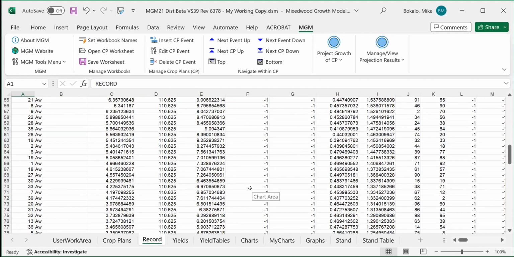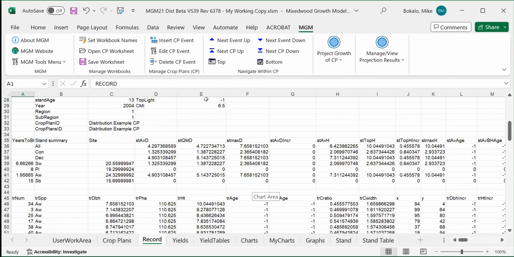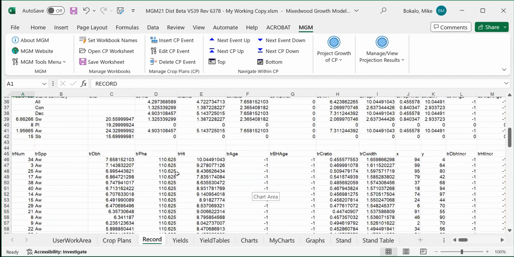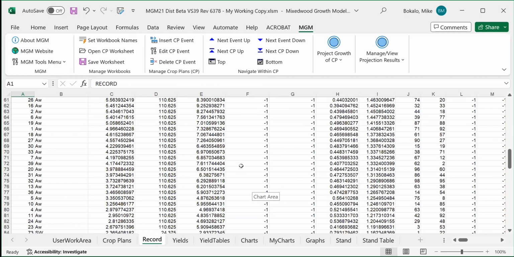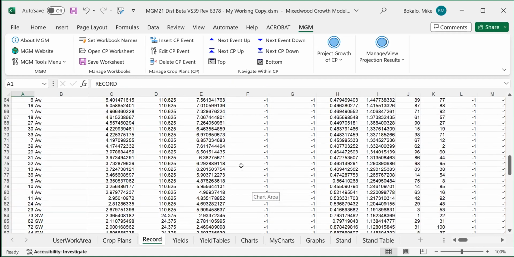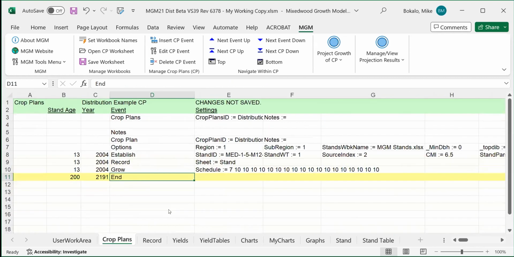Always, we send everything to the records worksheet, and in the end, there's a utility on the website that's called the records extractor. It will extract all of the yields and the tree lists and put them in a separate worksheet for your use to bring it into SAS or R or whatever. Okay, so we come back into